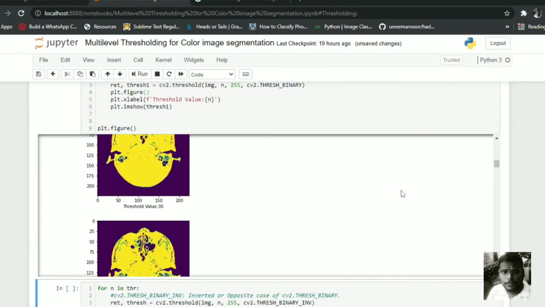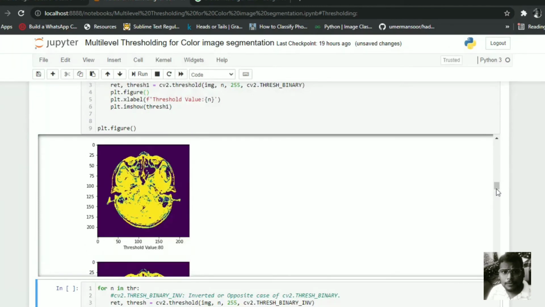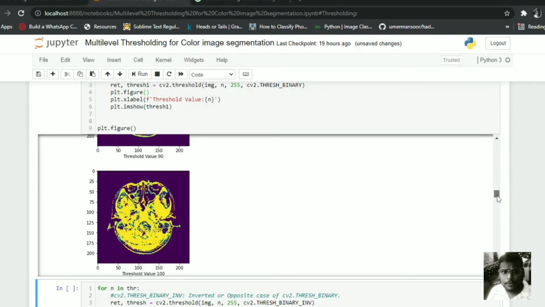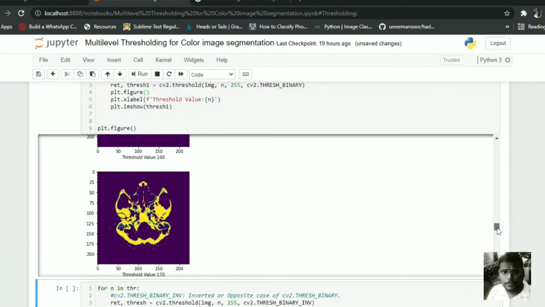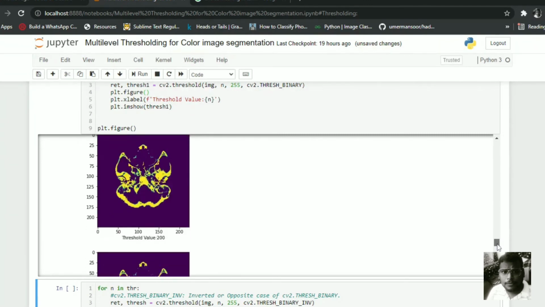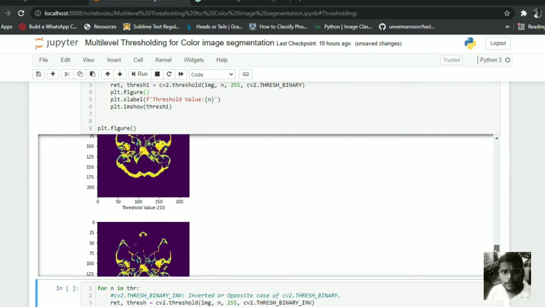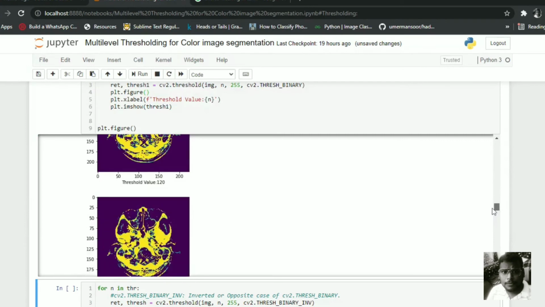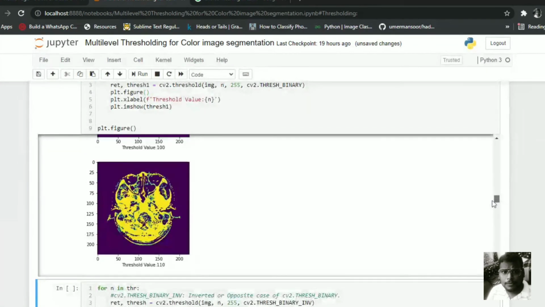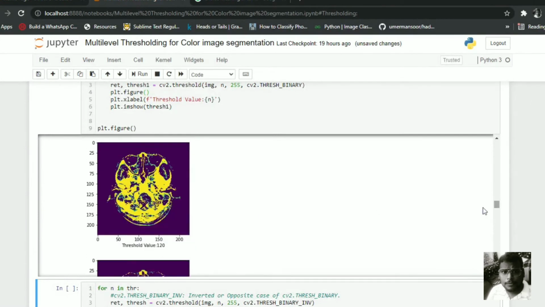This is the output. For threshold values 110 and 120, we get the image correctly.